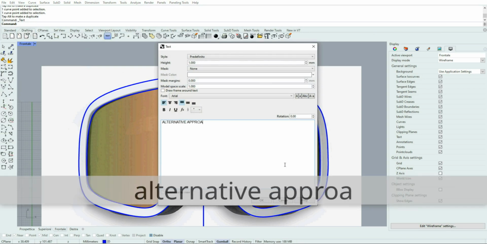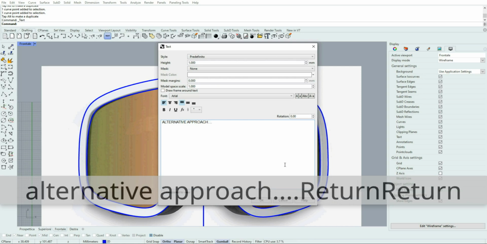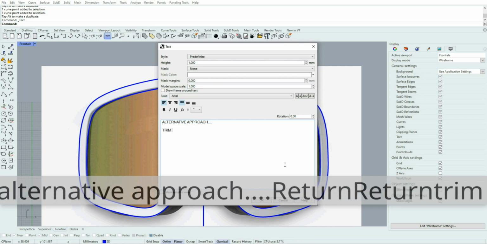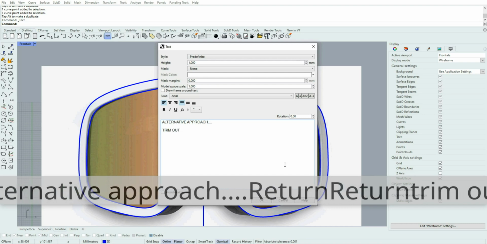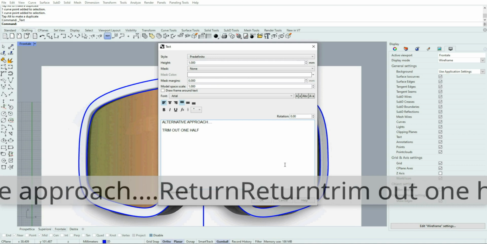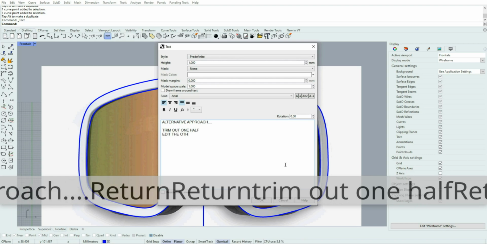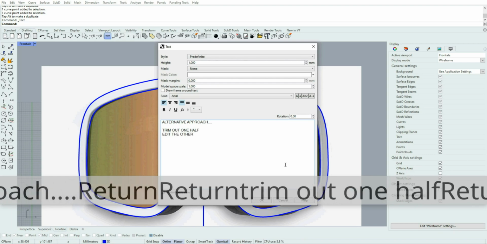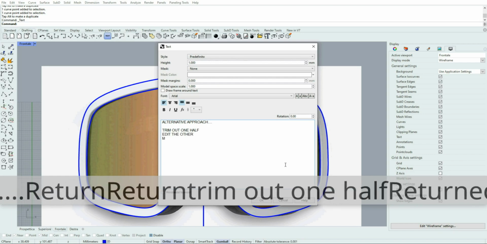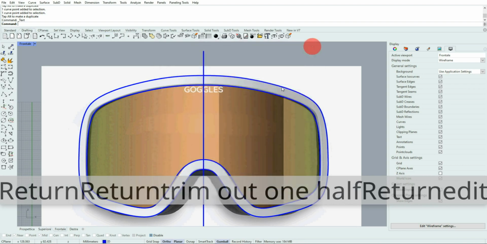An alternative approach can be to trim out, for instance, the right part of our inner curve, then to adjust the left part, and finally to mirror the left part to the right, to get the final result.